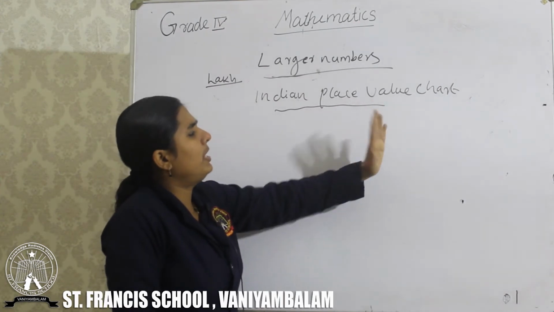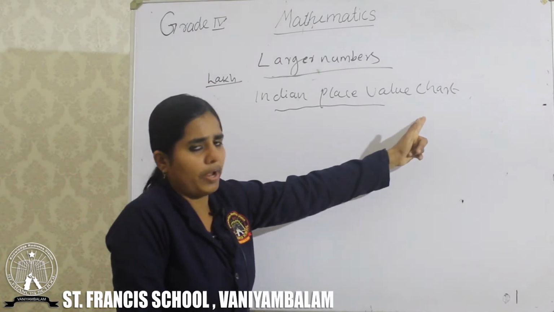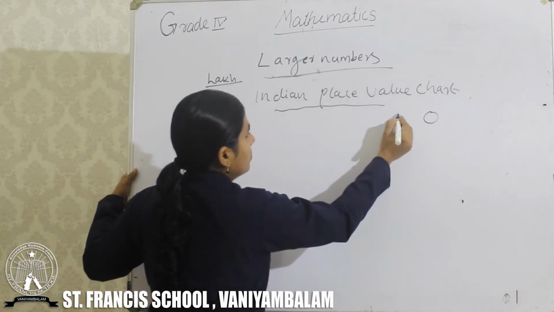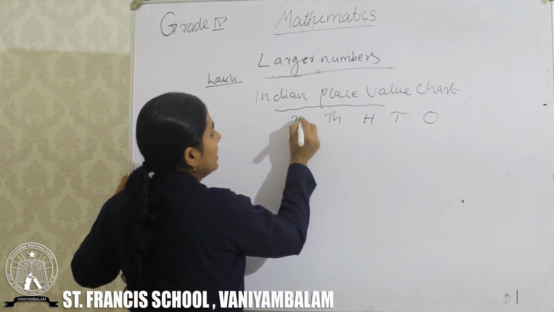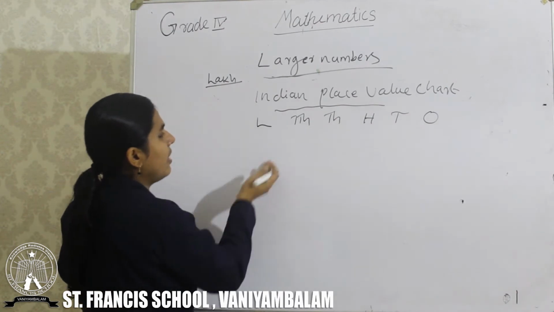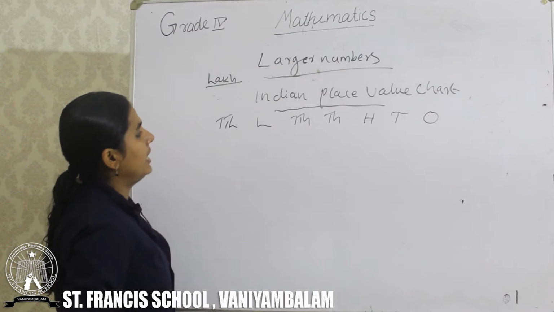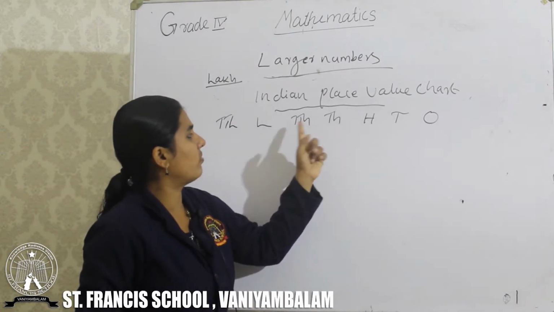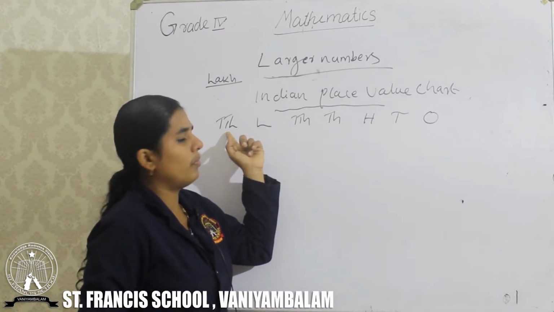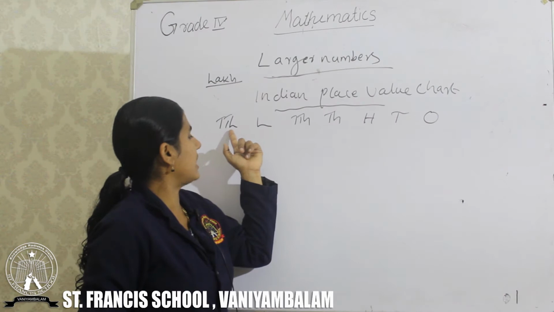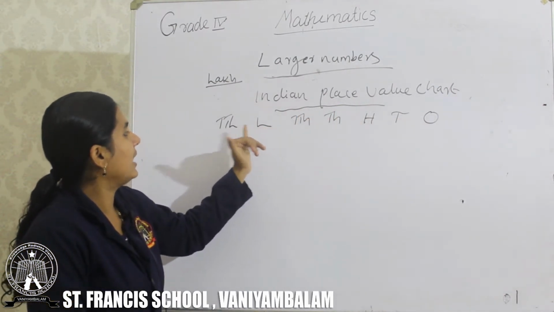This is very simple. We already learned that place value chart. Which are the places? First we have ones, then tens, then 100, then 1000, 10,000, lakh. Then one more place, 10 lakh. How many digits are here? 1, 2, 3, 4, 5, 6. We already learned 6-digit numbers. Now we can include one more digit, that is a 7-digit number, 10 lakh.